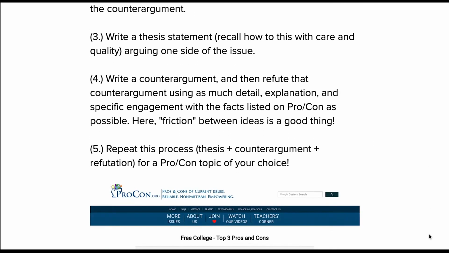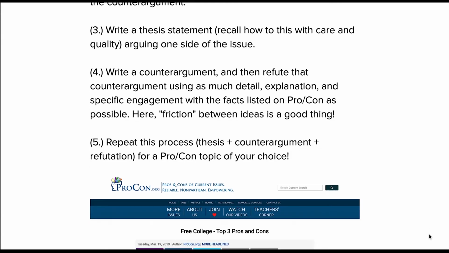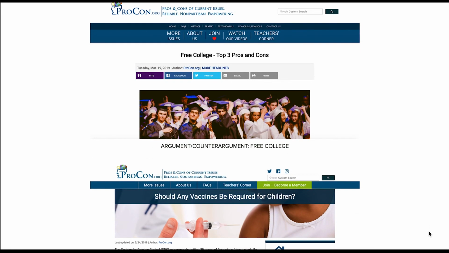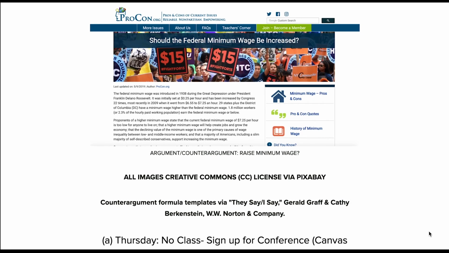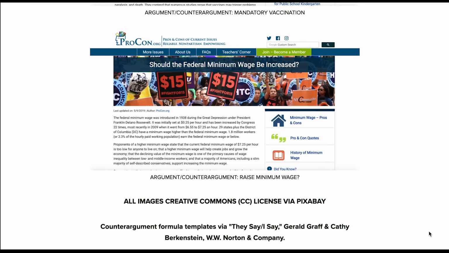Active learning, collaborative counterarguments is an activity that I would like to have you all do. We're not going to bother. We don't have time, and we're not in person. But this is an activity that would include you going on to either procon.org or to kialo.org and finding an issue of choice for you. So something like tuition-free college, something like increasing the federal minimum wage.